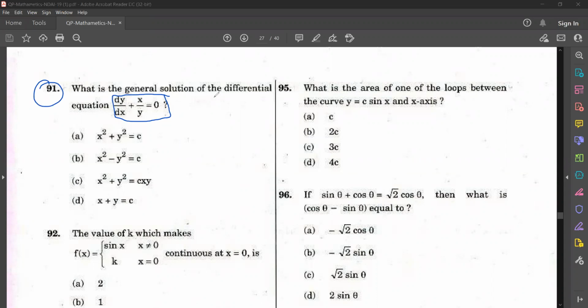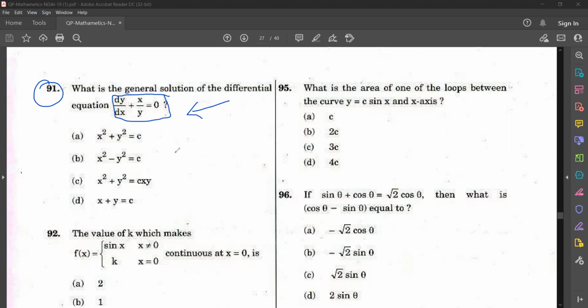We have to find the general solution of this. We have done a similar question in the last class. Please try, all of you. Please make this into an integrable form, then integrate, you will get the answer. General solution means here we have a dy by dx equation now. So we have to find from which equation we are getting this derivative. On differentiating which equation we will get this, that is the general solution.